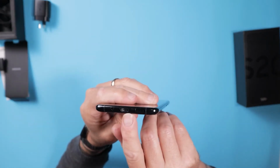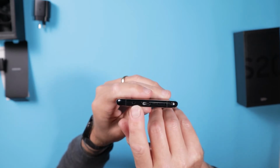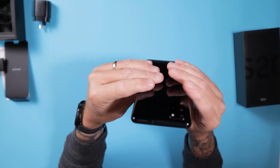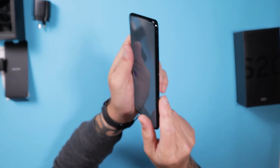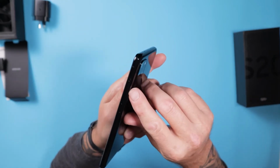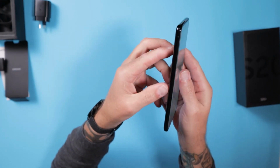On the bottom you have your speakers, USB Type-C port, and your microphone, no headphone jack. On the top you have another microphone and your SIM tray. On the right hand side you have your volume button and your power button, and on the left hand side